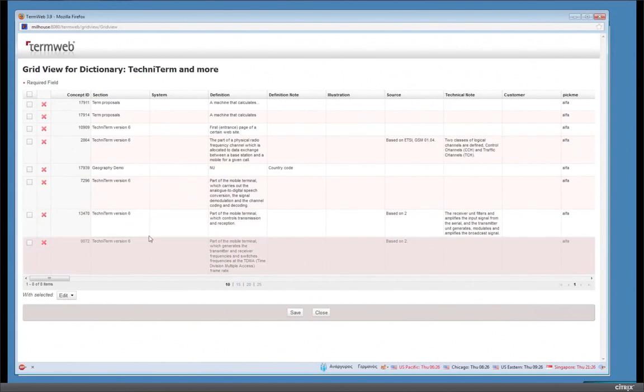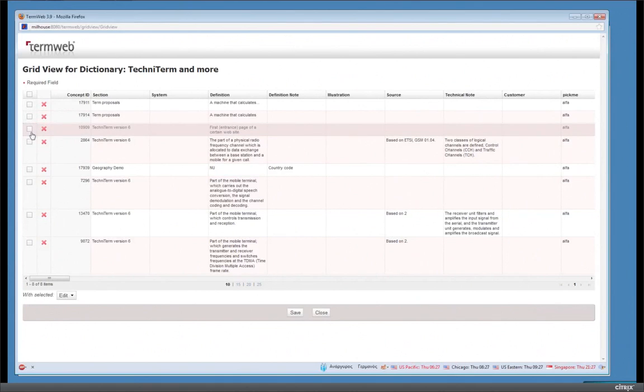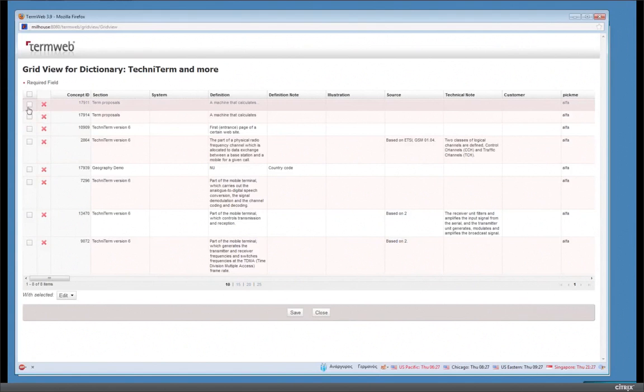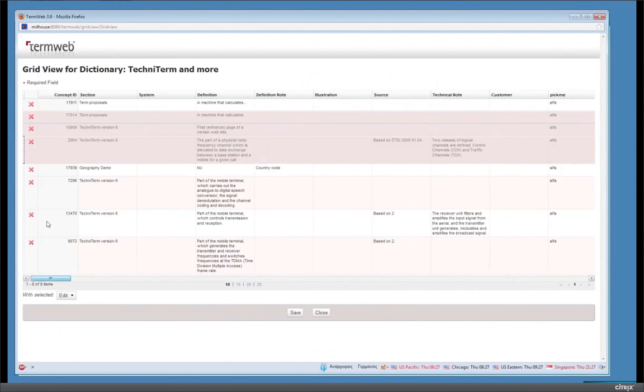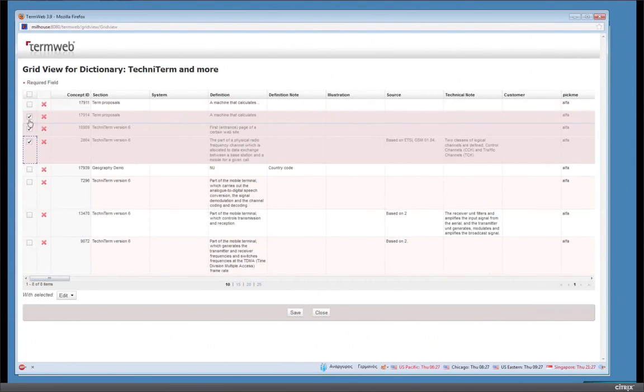That is, of course, very valuable for validators: the functionality where you can select many terms and apply specific edits. For instance, let's say that I am a validator and I just want to mark that these terms I have checked, all this information here, is correct. What I do is I mark. I can, of course, mark every term with one click, or I can just mark selected ones, as I can do here. And then with selected,